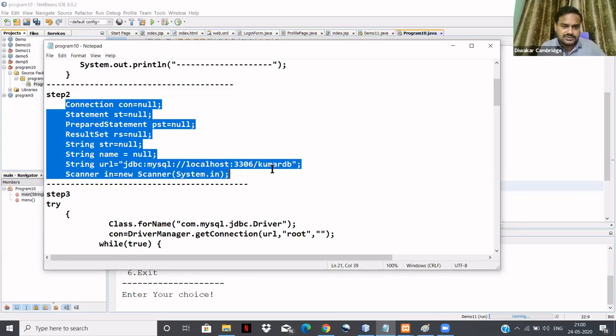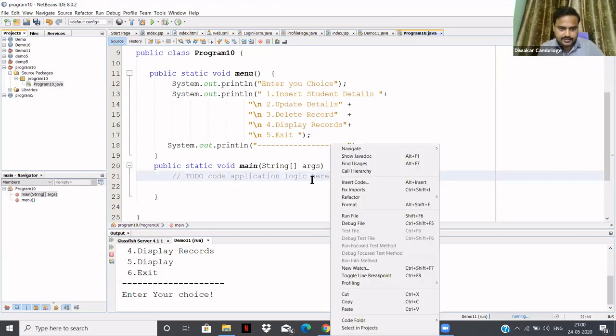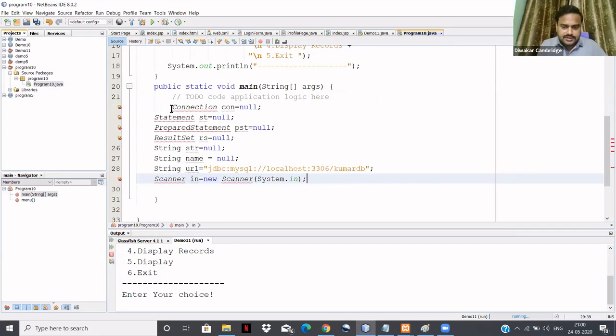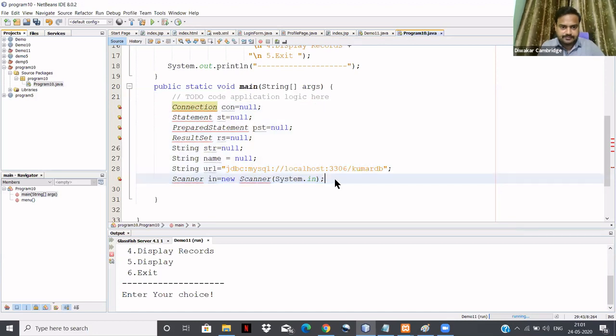I'll copy this and paste it inside this main. I'll give one tab space here.